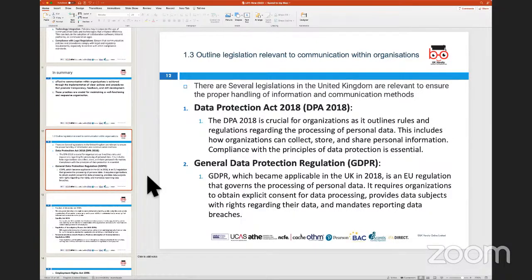Initially, it was introduced in 1998, and then further updates to this act were introduced because of the General Data Protection Regulation, as the European Union introduced GDPR, and this Data Protection Act was updated to the newer version, the Data Protection Act of 2018. Now, what does this say? This is an act which has been introduced by the government, which basically says that there are rules and regulations that all organizations have to follow with regards to processing of personal data of customers.